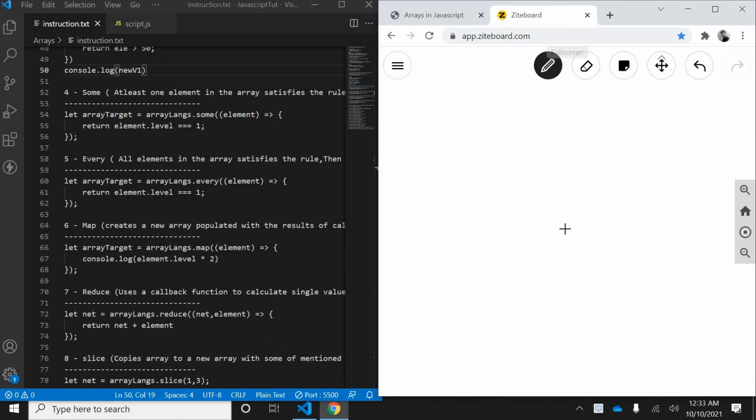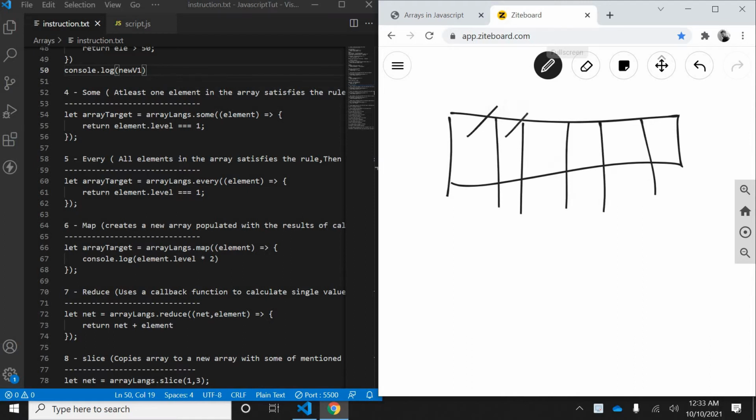Okay, so now what we'll see is, let's say we have one big array, and in this case we have multiple values. Now I have a use case where I want to know whether this particular condition is being satisfied by any one element or not. Let's say there are around 6 elements, and any one of them is satisfying the condition or not. Okay, so to see that example,